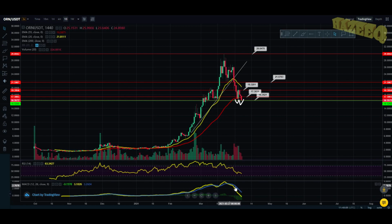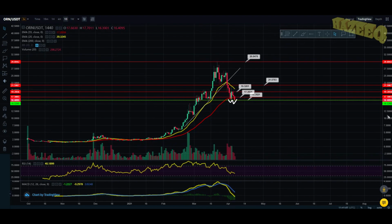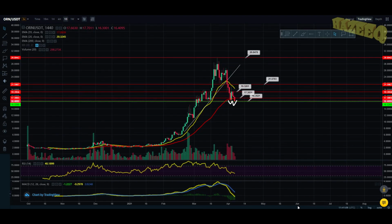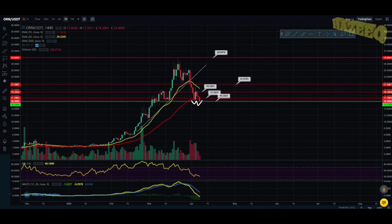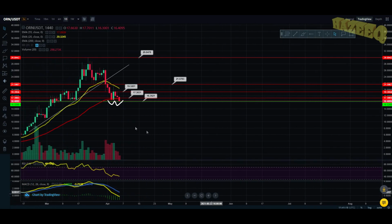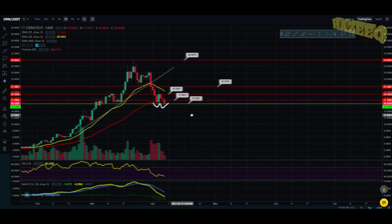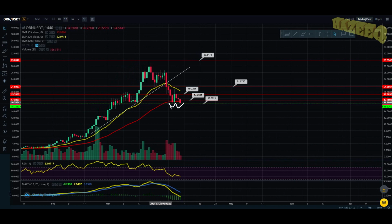The MACD showed that we were at the oversold area, and people were going to start taking profits, and the main launch happened, and that just brought the price down. But I do think this is a good project, so that's why it didn't go to $5. So it is having a little consolidation period right now. It's testing its new bottom, and it did make this double bottom over here, which is a bullish scenario, believe